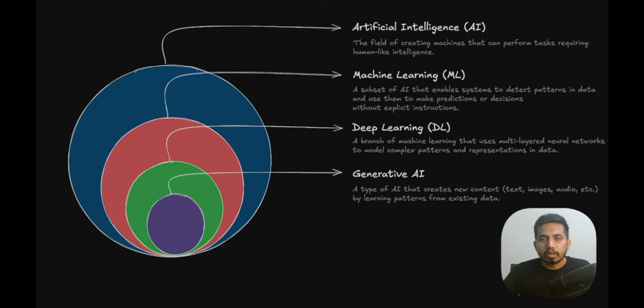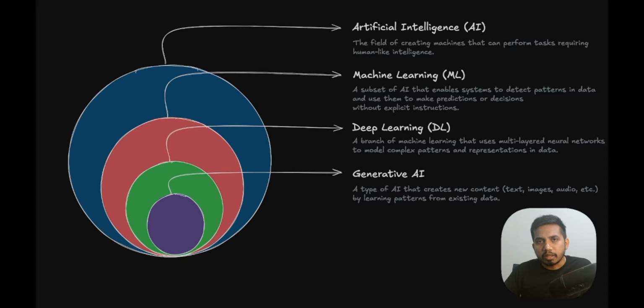So let's start with artificial intelligence. This is a very broad term used to describe any system which is performing tasks with human-like intelligence. For example, self-driving cars, chatbots like GPTs, image processing in the medical field, and music composition with AI. All these are examples of AI. To talk about their evolution, this study started a couple of decades back.